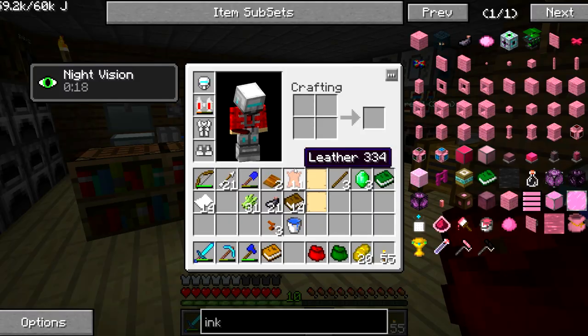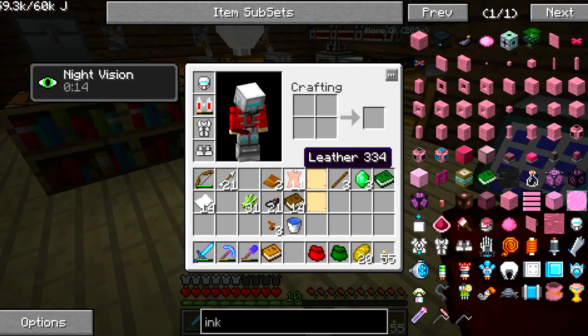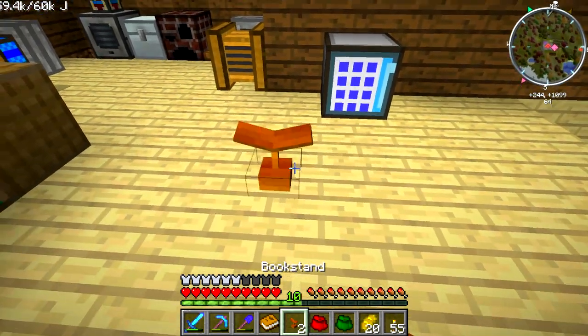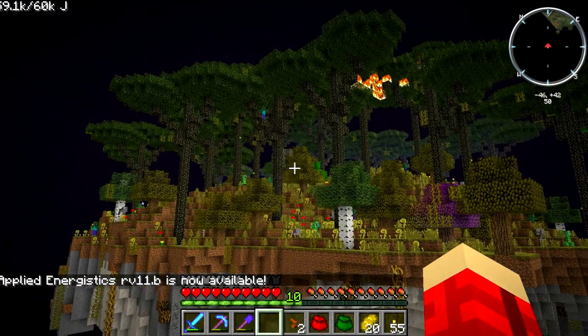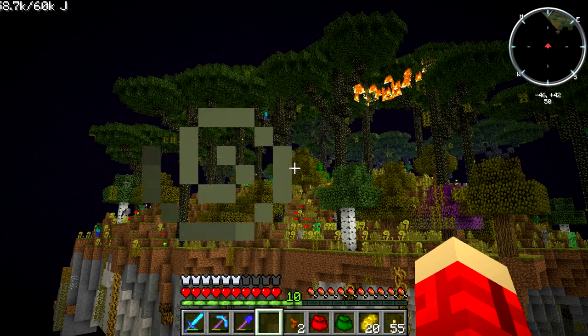So I guess the only place to go now is up into the ether. So let's roll. Let's put the book stand here. Let's drop this book and let's go. Nope, nope, nope, not working. Nope. Oh. Alright, it looks like I've spawned...